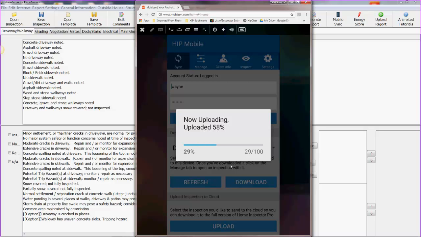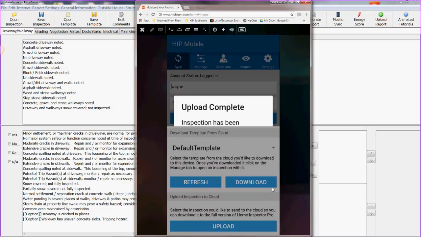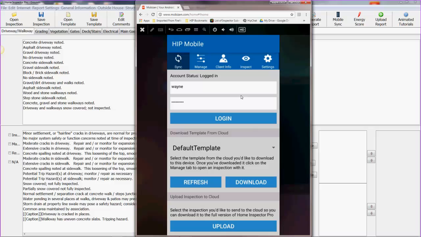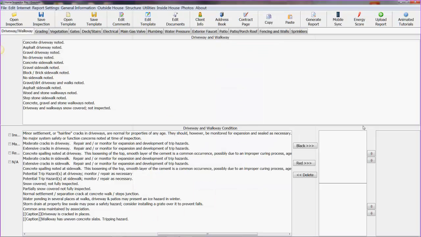So now it's uploading it to your cloud. Now keep in mind, this could take a while. If you got a lot of pictures and videos in your report, it may take several minutes. This is relatively short because we didn't have a big report. But now it's in the cloud, and you go back to your main computer,